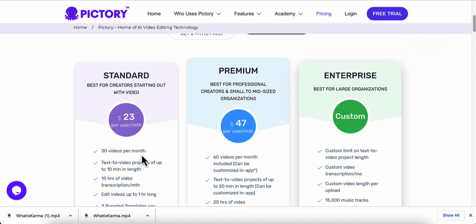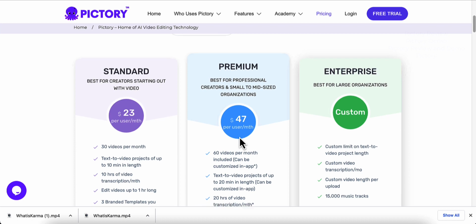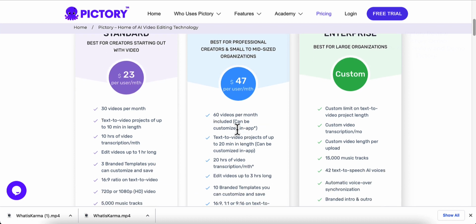That gives you 30 videos per month, up to 10 minutes in length, and 10 hours of video transcription a month. You can get the premium for $47 a month, which is 60 videos per month, text-to-video projects up to 20 minutes in length, and 20 hours of video transcription a month.